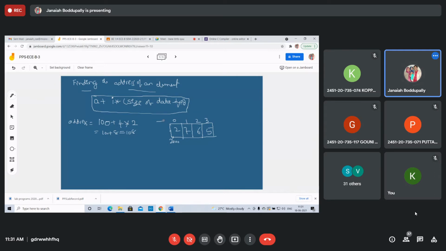Base address of A is 2000. Next, we want to calculate the address of element 6. All these are integers. Base address plus I into the size of data type, where I is the index.